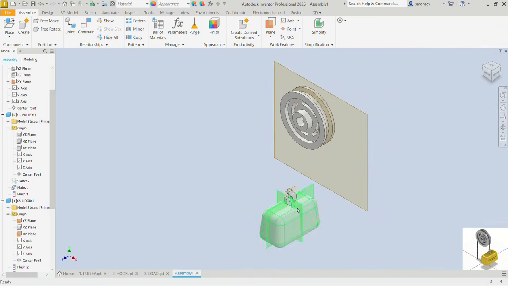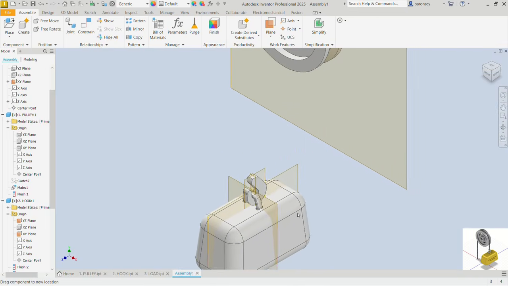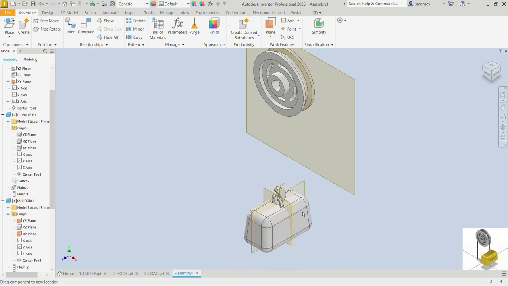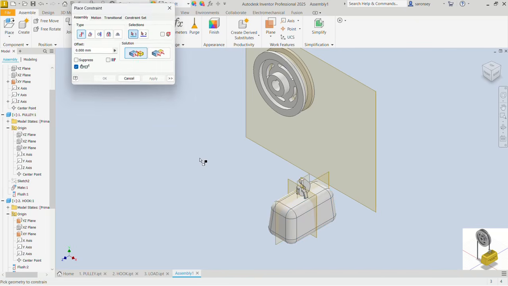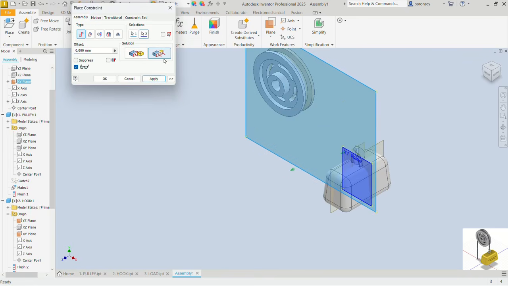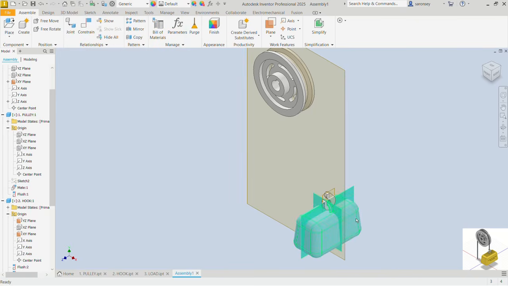Let me get the isometric view. Let's see what I've done. Great. So now those two should be able to move together. But we also want to constrain this to this plane so that it's moving in line with that. So constraint again. Let's constrain this also to that, a flush. Let's apply and close. Now let's see. Okay,